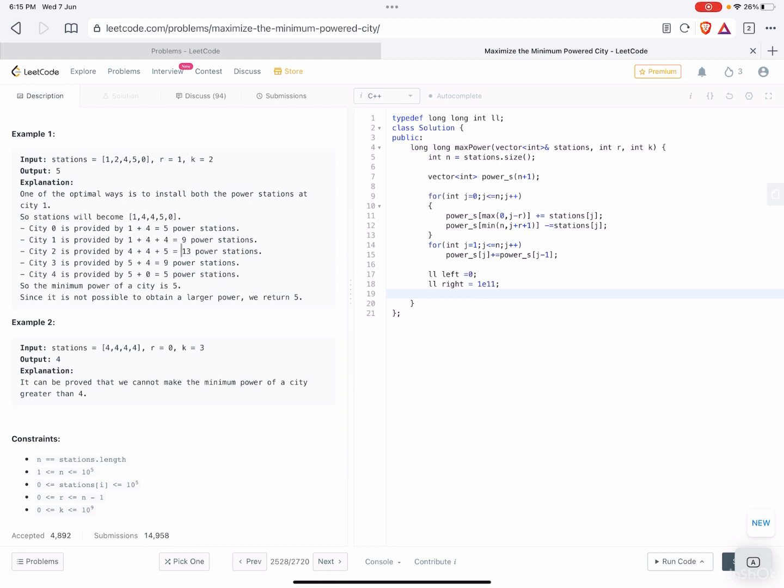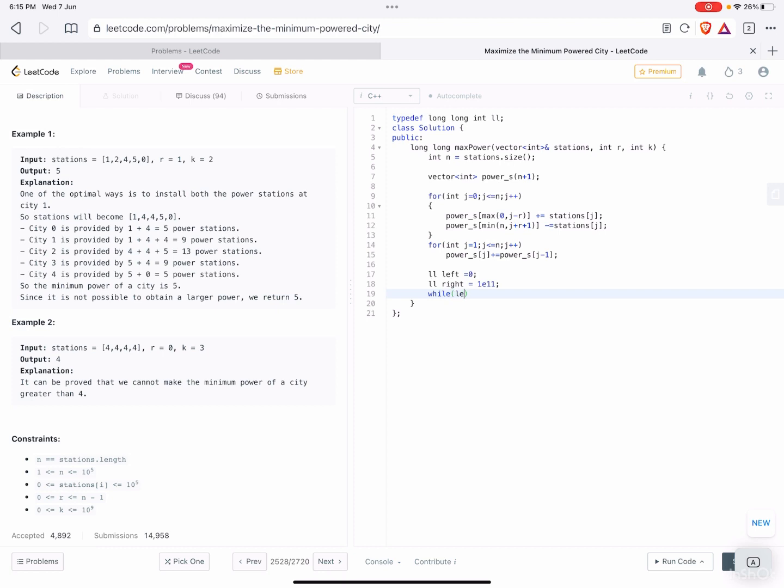The maximum case is when I have to install all the stations on one city, so it will be 10 power 9 plus 10 power 5. That's why we are taking right as this bound, because the answer cannot exceed that.